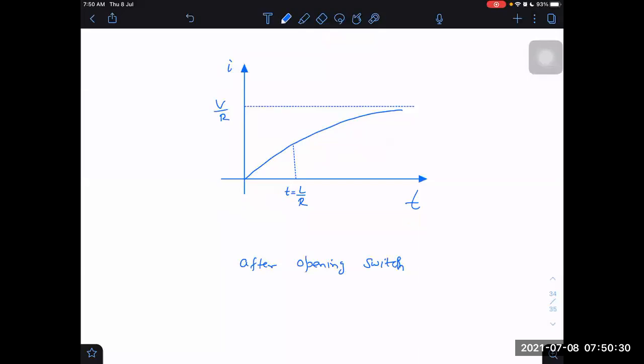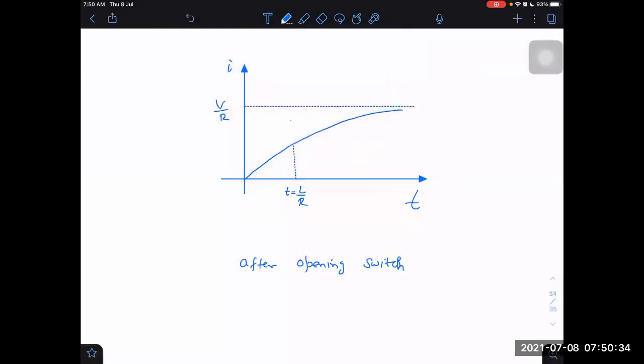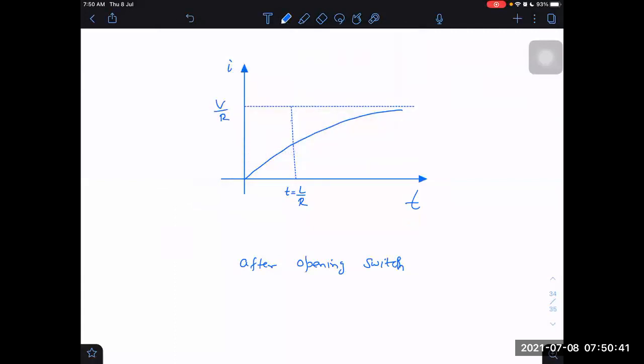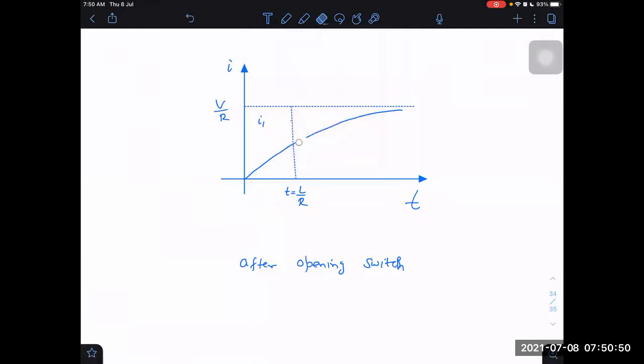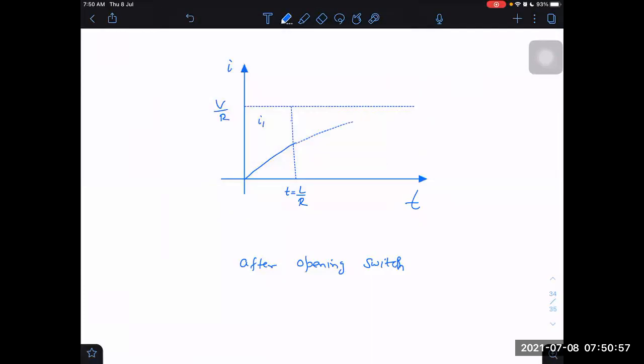So up to this I'm saying I1 part here. And I think I should remove this part here and replace it by a dotted line because it is not actually existing. It would be existing, but it is not existing. Like this. What would be the graph from here onwards?